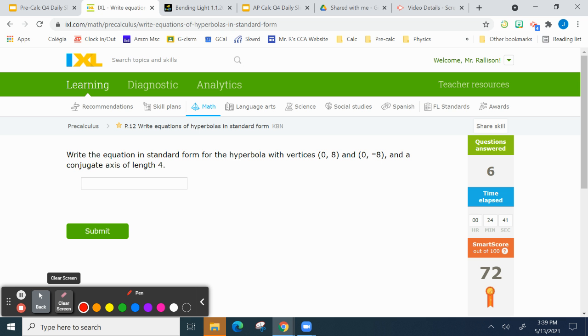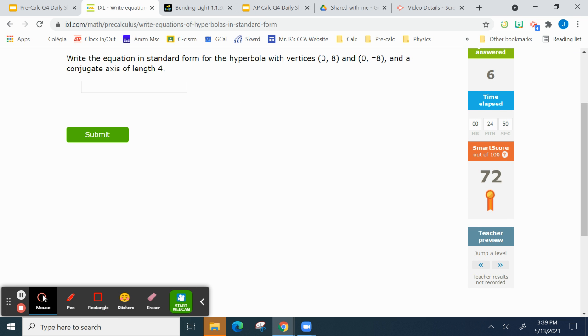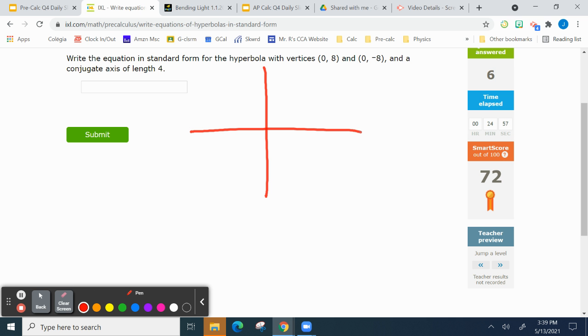I'll write the equation in standard form. Okay, so now we have vertices and a conjugate axis, but I'm hoping you're starting to get a sense of how you draw the whole thing out and everything becomes clear. So we'll start with that and we'll say our vertices are 0, 8,